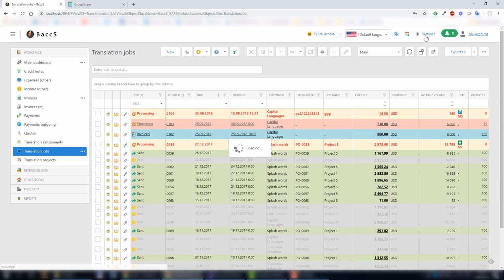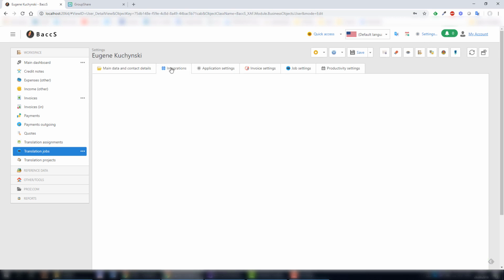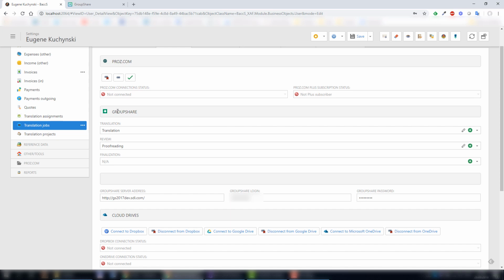Open Application Settings, switch to Integrations tab, and scroll to GroupShare group. Specify server address, GroupShare login, and password. If you use single GroupShare account for all users in your company, specify login and password here. Then click Save. Otherwise, open List of Users,